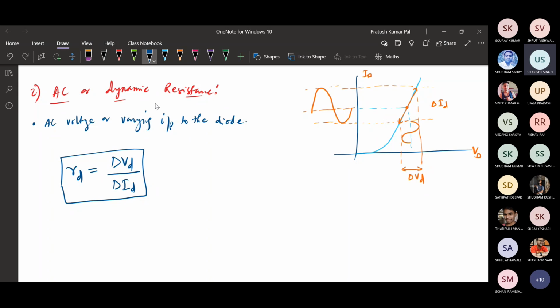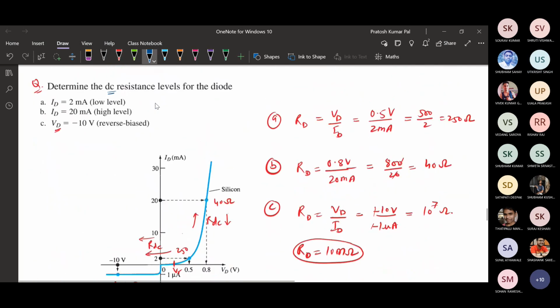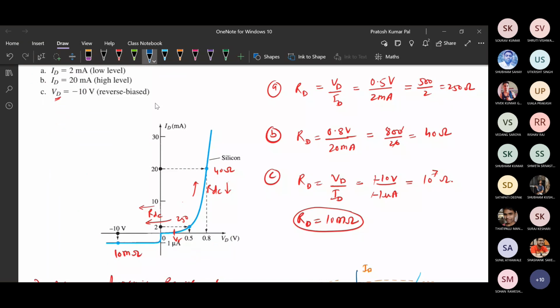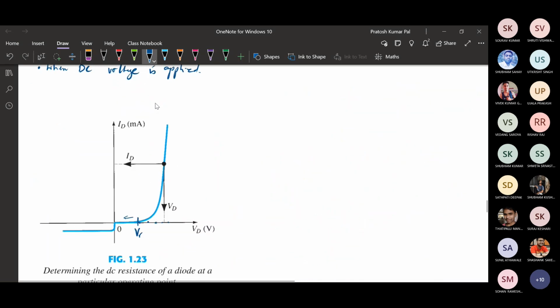So here in the previous case, this was the case. Suppose we are applying only the DC voltage. So here only DC voltage is applied. Suppose this DC voltage is whatever value it is, 1.5 volt. With respect to this 1.5 volt, whatever current is there, suppose 20 milliampere is there. So with respect to that, this point, that is 1.5 volt VD and 20 milliampere, will be